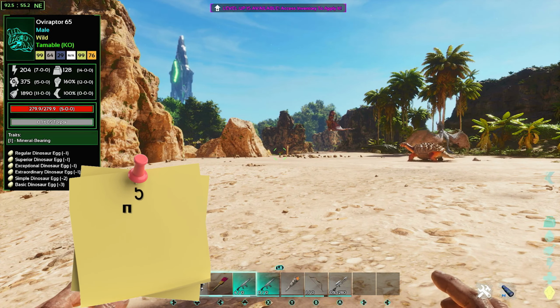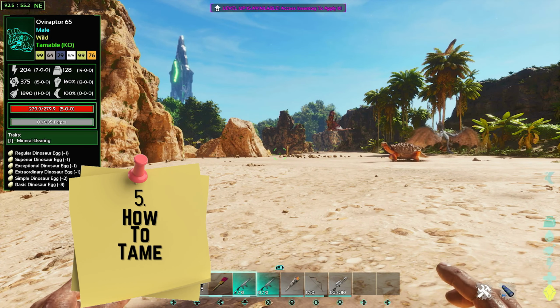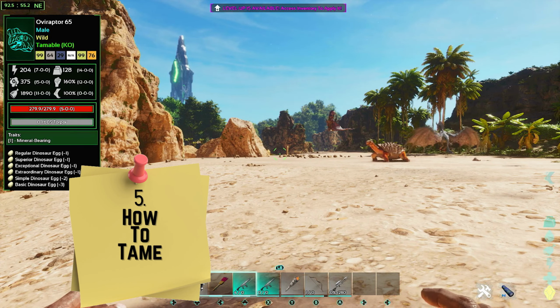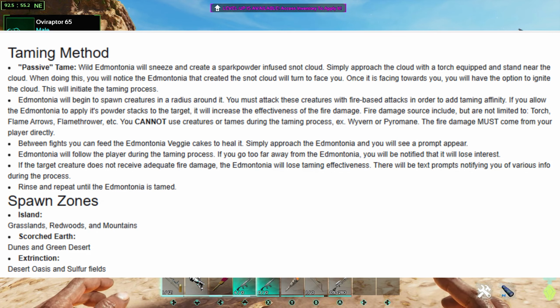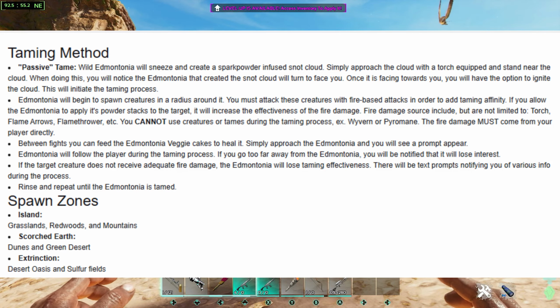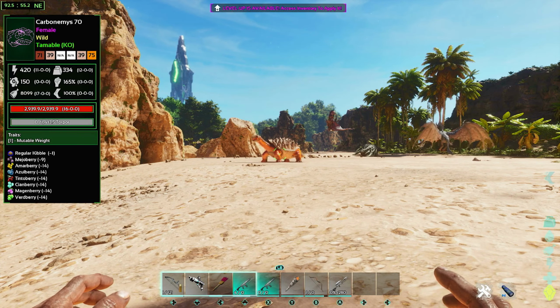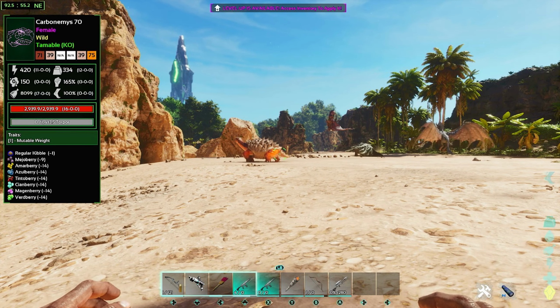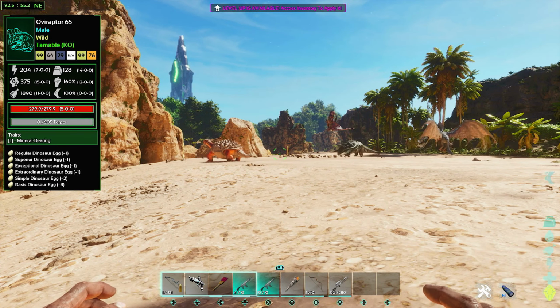How to tame it now is actually a bit interesting. So again, I will pop it up on the screen here. You can actually see how we're going to go about taming this thing. It is a passive tame. But basically we follow it around, wait for it to sneeze out this little snot bubble onto the ground, and then we go over, we light the snot bubble, and then it gets all interested, and then it's going